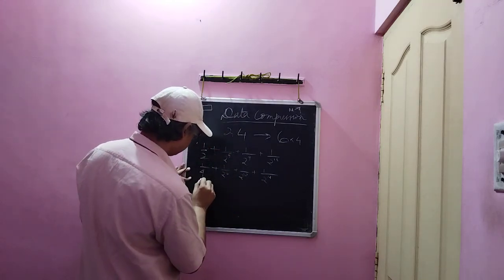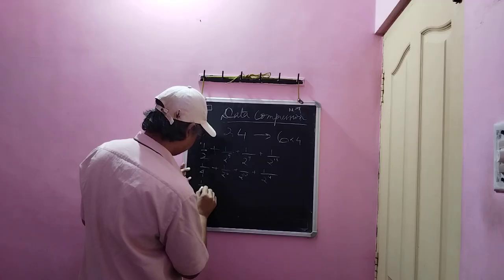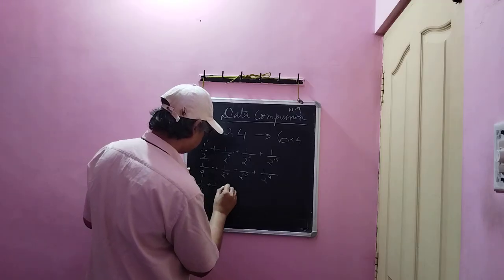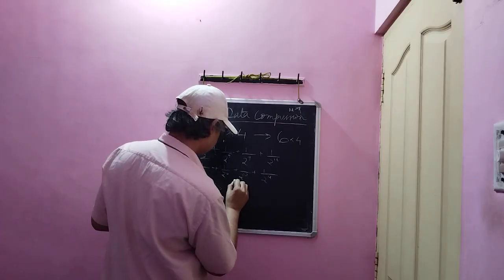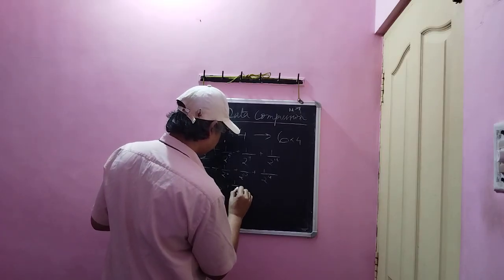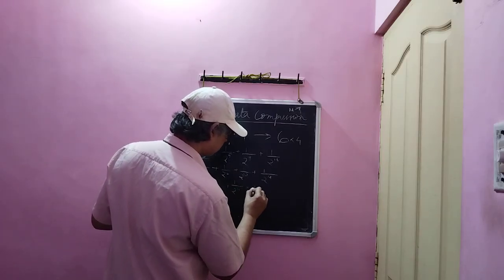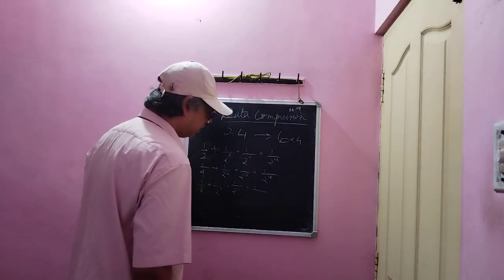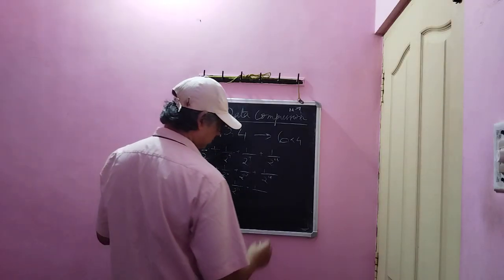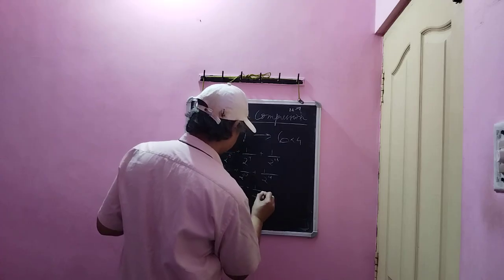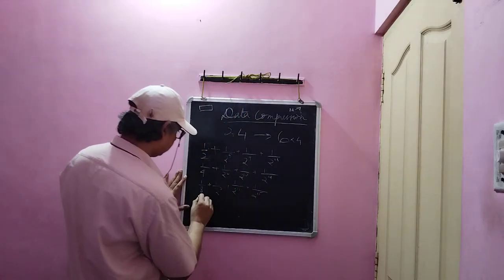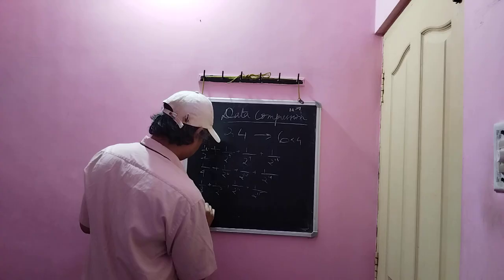The next one will be 1 by 8 plus 1 by 2 power 7 plus 1 by 2 power 11 plus 1 by 2 power 15. And the next one will be 1 by